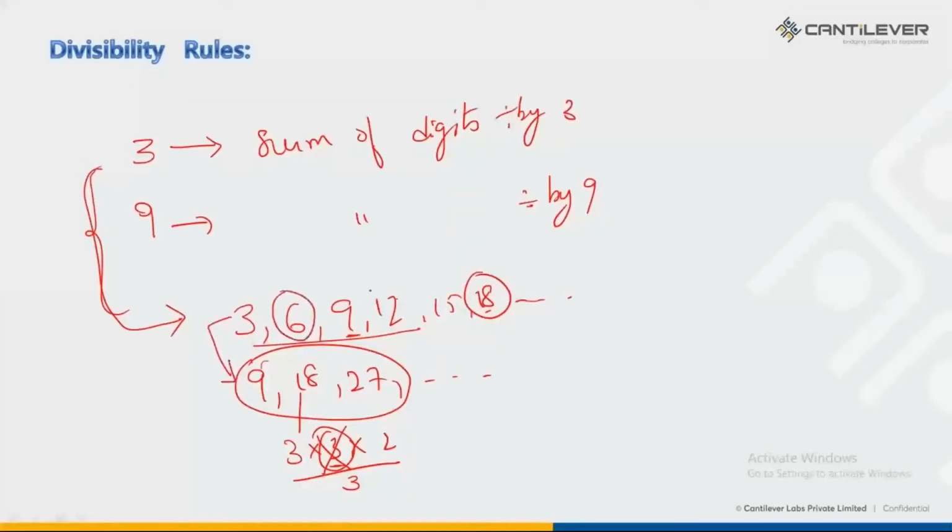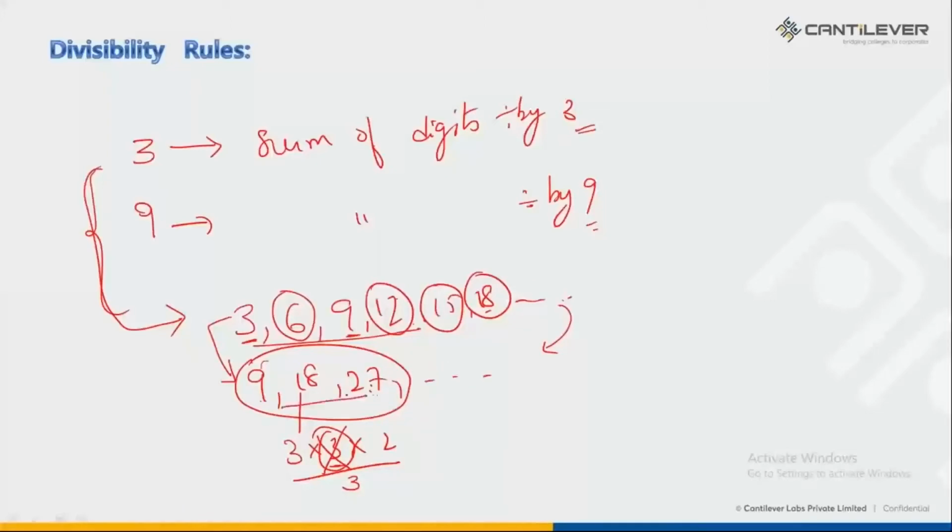So if you look at this one, these numbers will get cancelled in the 3 table, but they won't go in the 9 table, right? So if you are verifying it for the 3 table, please verify it for the 3 table. If you are verifying it for the 9 table, please verify it for the 9 table, because this is the reason. All the numbers which go in the 9 table, like 9, 18, 27, and so on,